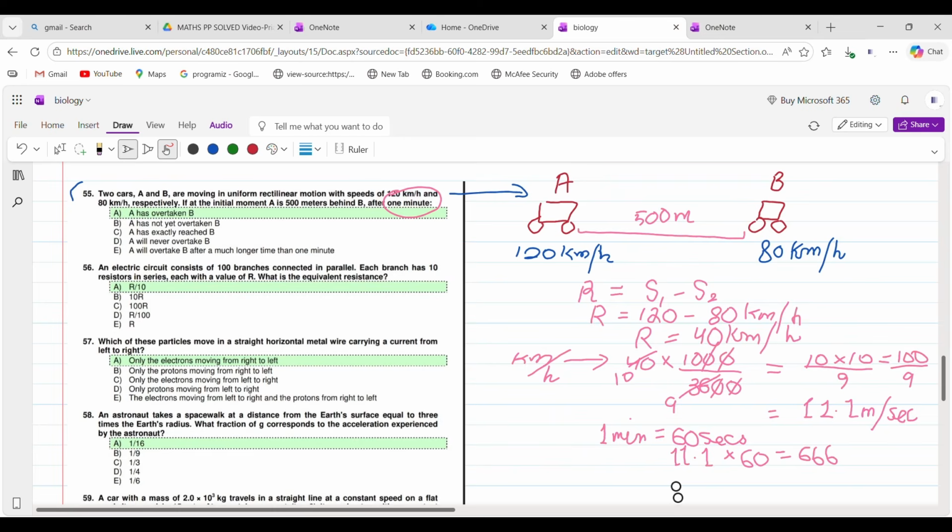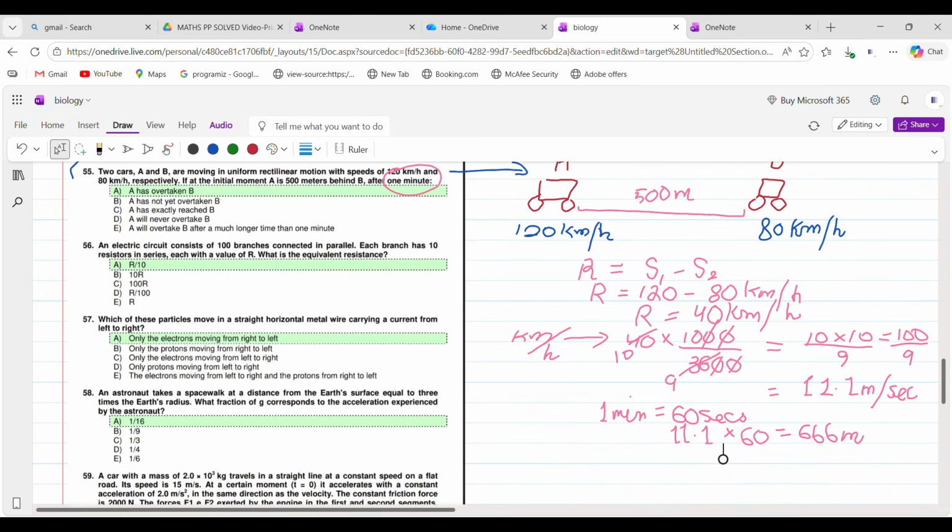How meters? Because this was already in meter per second, and this was second. So second cancels with second, and the unit we are left with is meter. Okay, so 660 meters. Now see, now see